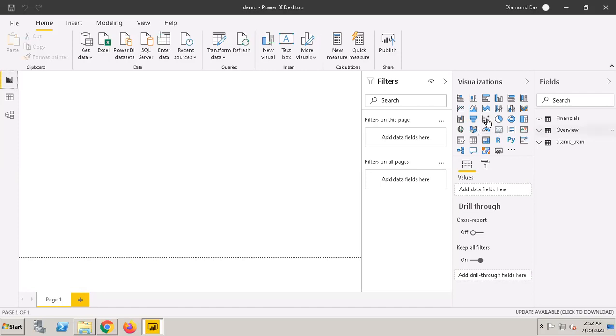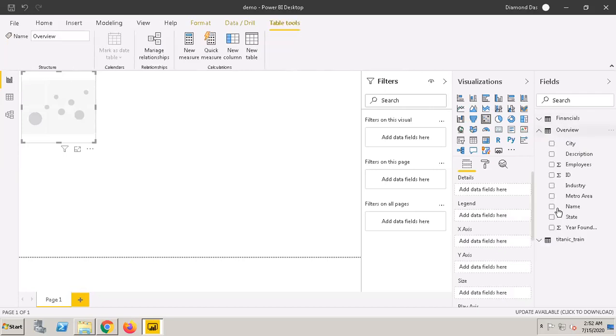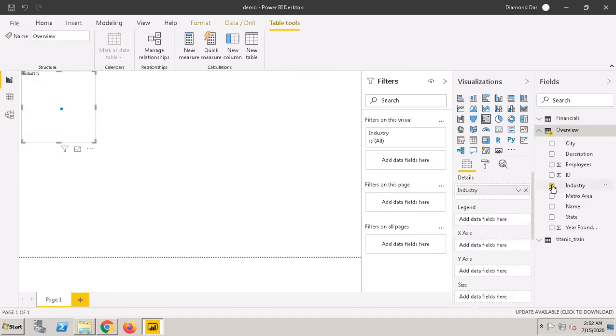For that, I will use a scatter chart. Then I will use industries. Since I have industries, I'll just pick industries. Now if you see, I'm just getting one dot.